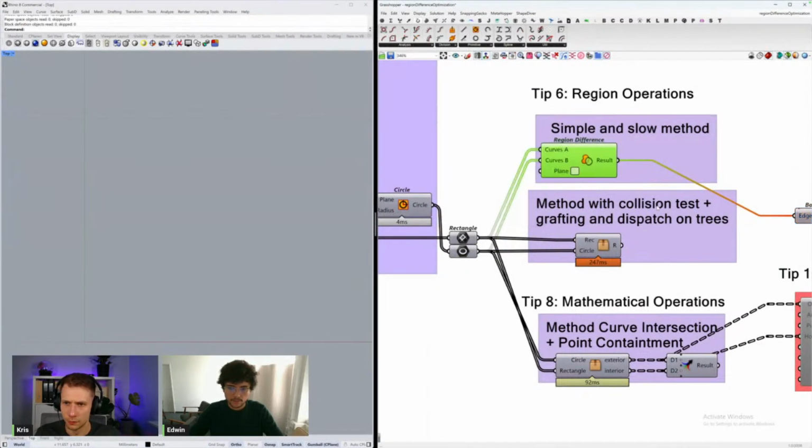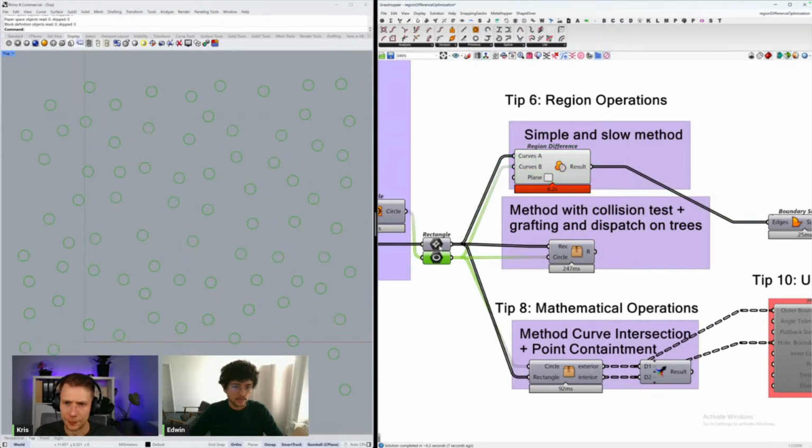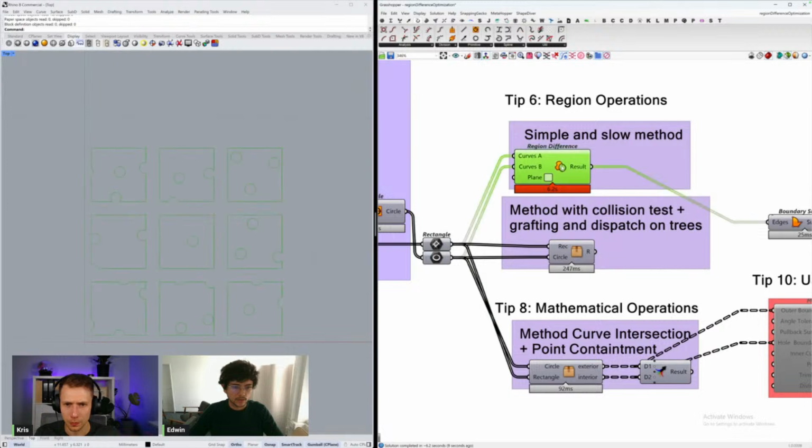So if I enable this, it will take some time, but not much. Let's see, 6.2 seconds takes this one. If I just take these rectangles and take out these circles directly like that, it takes 6.2 seconds. But then you can also be clever in the way you use your region operations. Now, region operations start to be more optimized because you are no longer in a 3D space.